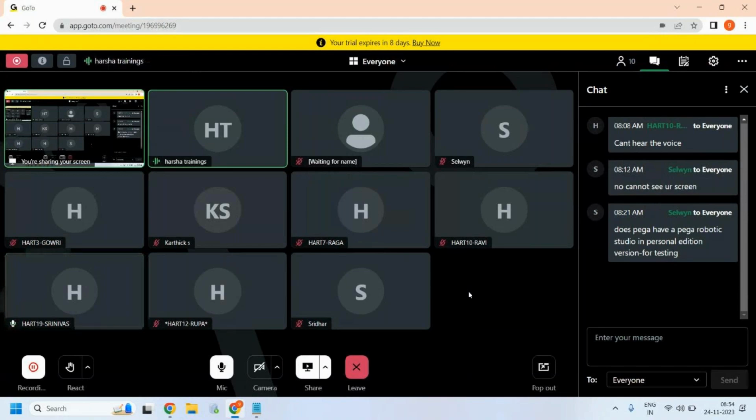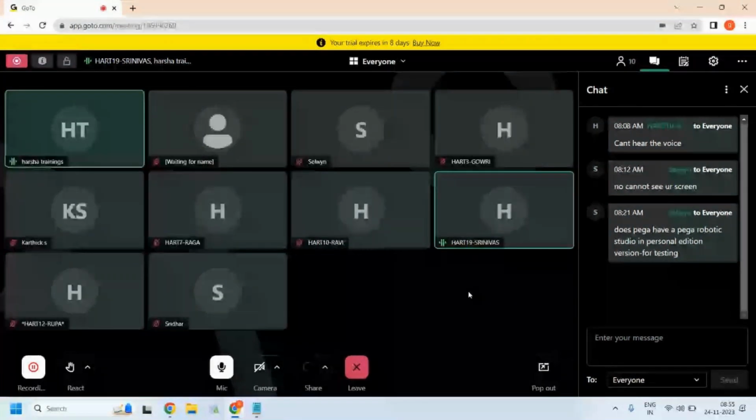Or if there are any external sources like Excel, text, notepad, different formats, whatever they're maintaining, it is easy to extract the information from different sources. We have connectors here to extract it.